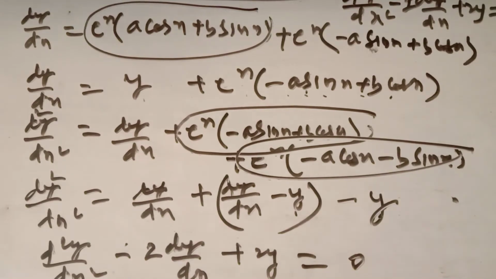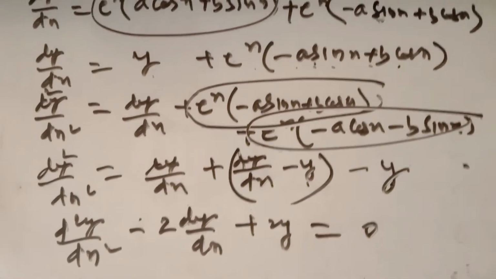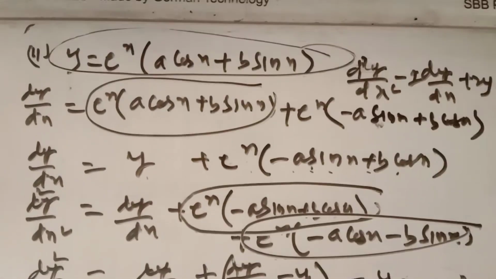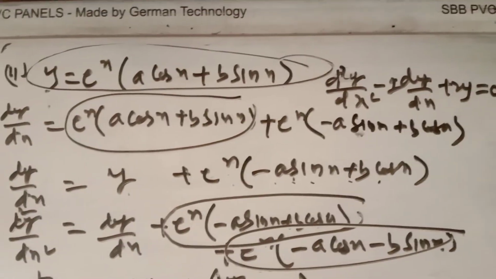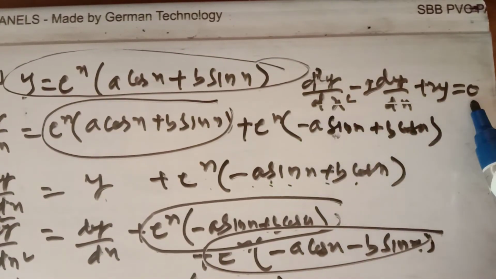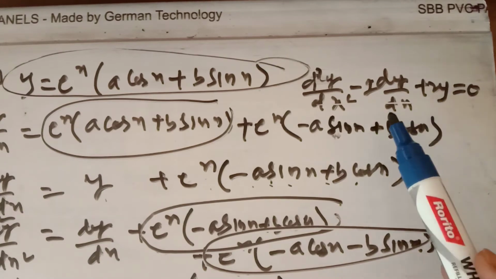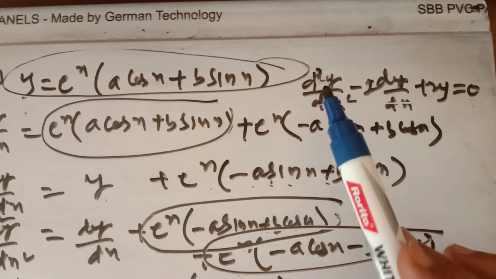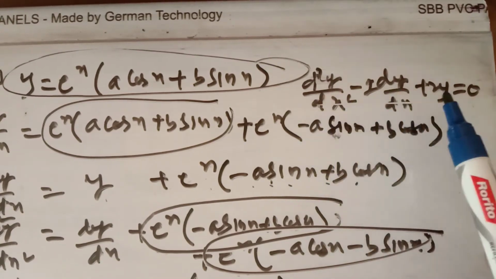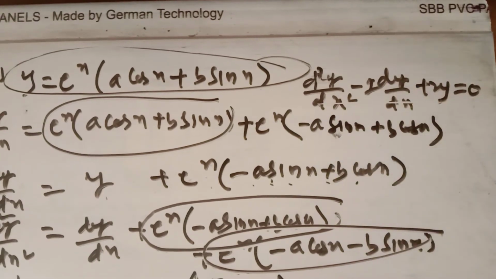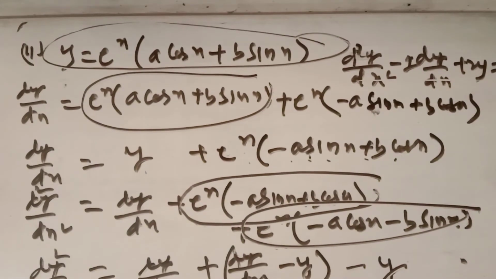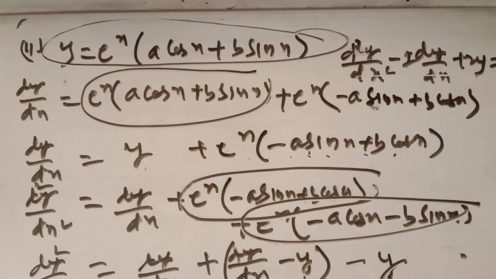So in this question, we have differentiated 2 times and taken all the terms to the same side to obtain this equation. The second way is that we find the first derivative and second derivative, put the value of the second derivative, first derivative and the value of y and solve it, you will get 0. But in that case, in this question, the question will become very, very big. So this is question number 2, second part.